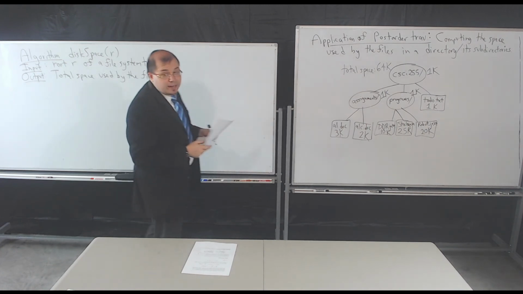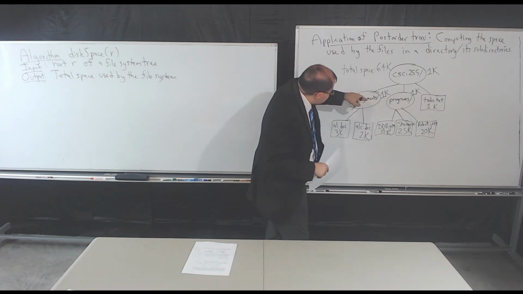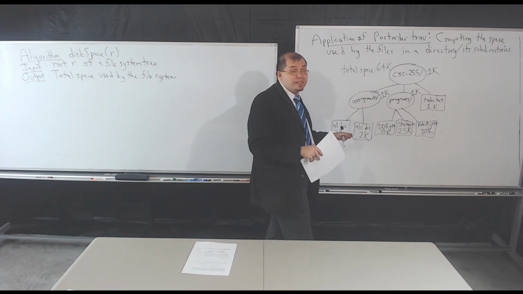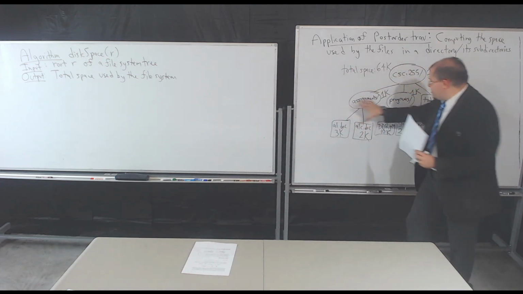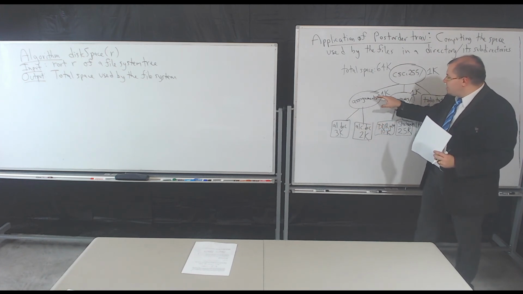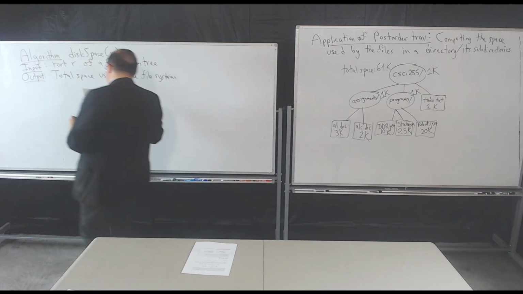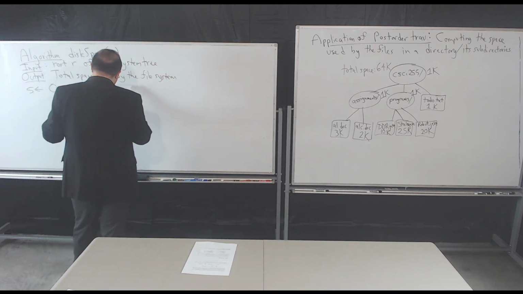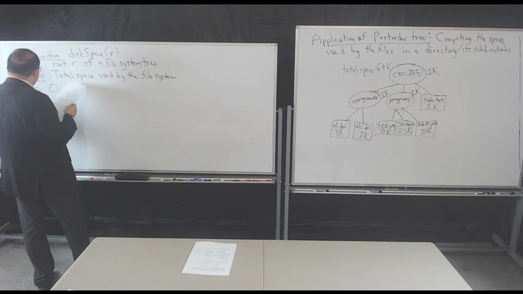So remember, the big idea here is that I don't know what the total space used of this subtree is until I consider all of its children and in particular its descendants. So the idea is I do all of the space used of my descendants, then I add it to my space. Okay? So that's the idea. So I'm going to have a variable s. It's going to be 0. It's going to be the amount of space that my children are going to use. So first I consider all my children